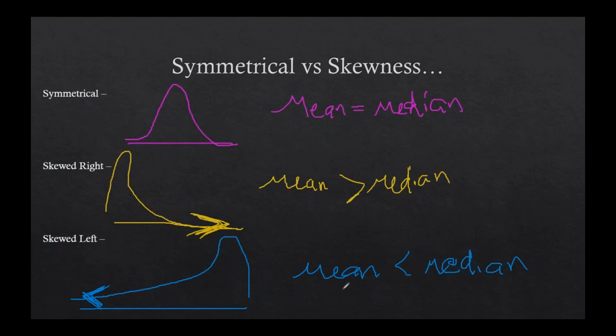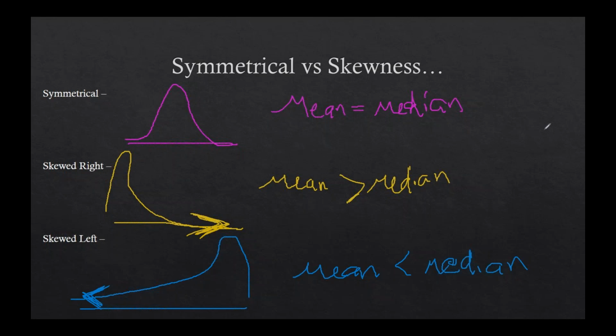Okay, so that's just a very, very quick skew. You might want to watch the video over skewness that goes with your packet. It might be helpful, especially if this is kind of a new concept to you. It's not a large concept in this course. Usually there is one test question about, is this skewed left or right or symmetrical? So you kind of want to know the difference between them. But other than that, there's really no true application in this course for skewness. It's more of just, can you recognize skewed left, skewed right data, that kind of thing.